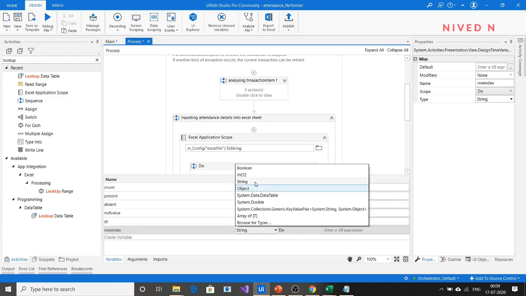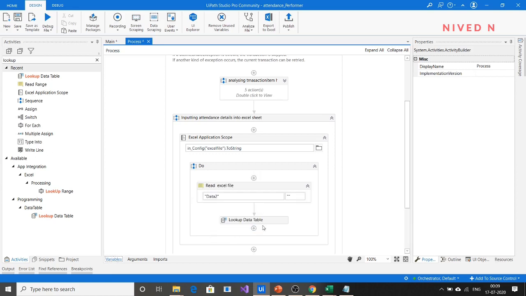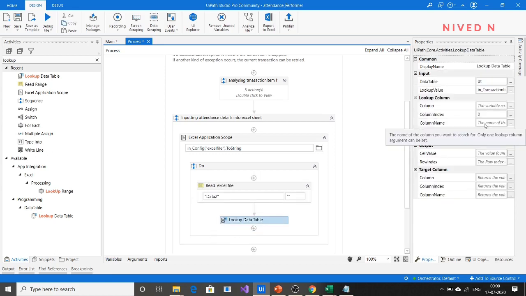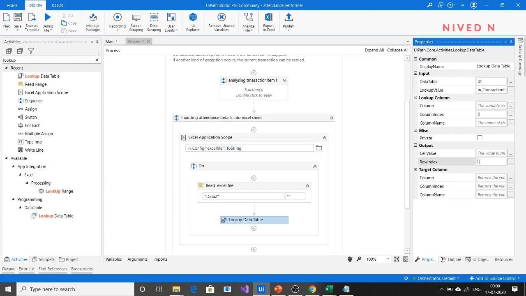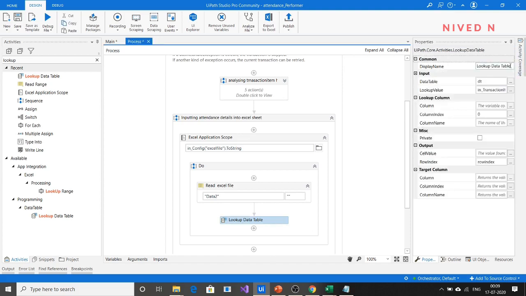It should be integer. So just give it a name: lookup employee name and find its position. That is what we are going to do through this activity here.